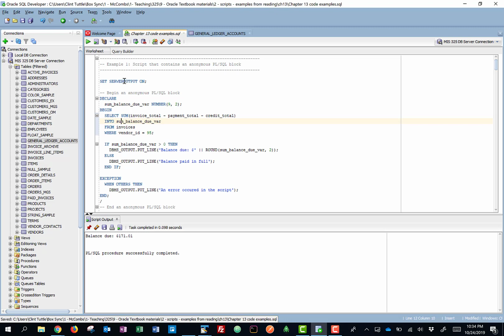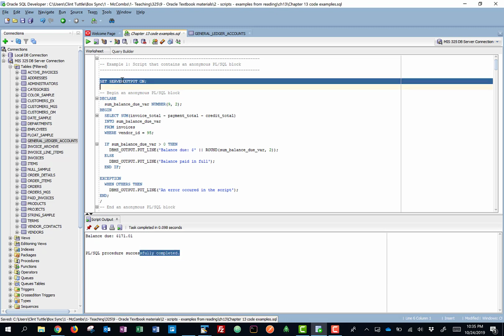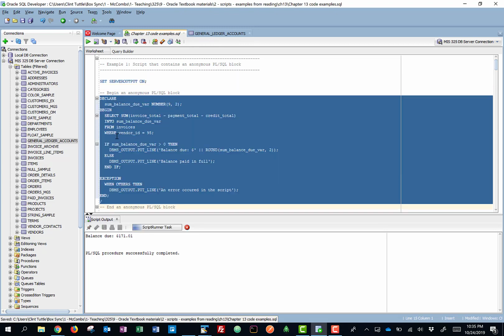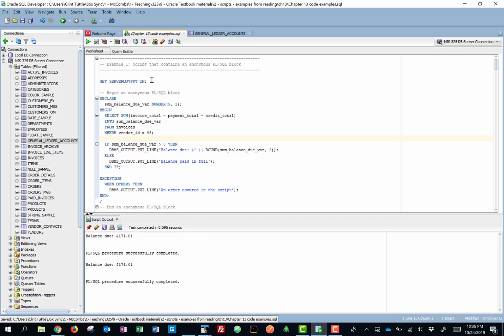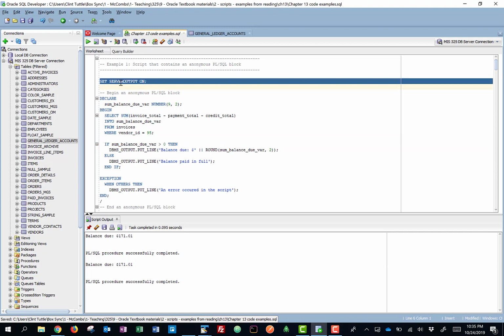Now, just to be clear, if you don't run this, you'll probably get something that just says PL/SQL procedure completed. If you don't run this statement here, you won't get this balance due piece back. Once you've run this once and you've made that happen, then you can go and run these without having to run this. So you only need to run this one time once you're connected. Once you're connected, you don't need to run it again. Okay, so